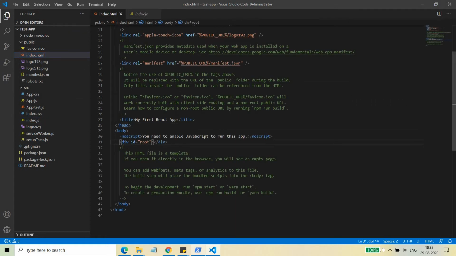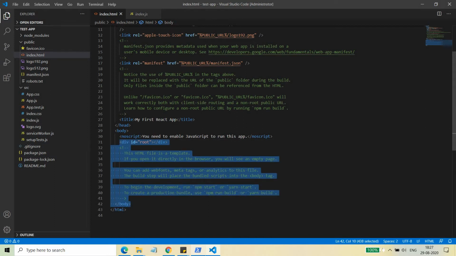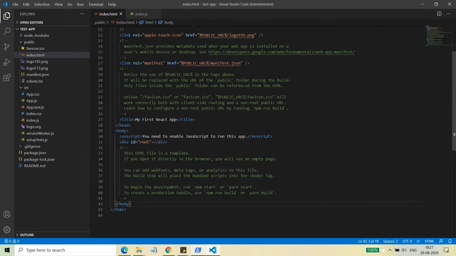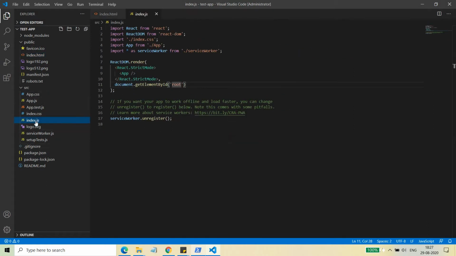This is the root. Here I have just created a default root. This is inside the body section, right? So this has been created by default when you first create your application using the npx command. So this root is already there. And here in the src folder, if you go to the index.js, here you can see that ReactDOM.render has rendered this thing, right? So this is the app,